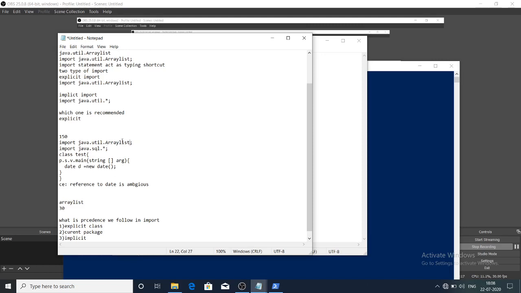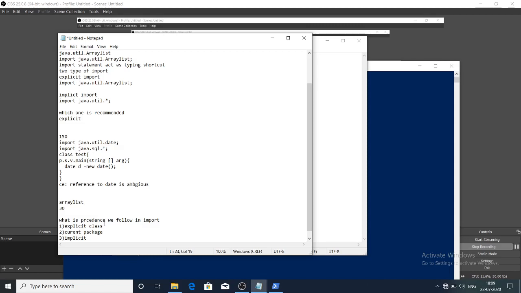There is Date, which is present in util also and SQL also. But I take one package as explicit, but one package as implicit. From which will they import? So Java follows a precedence of this order.